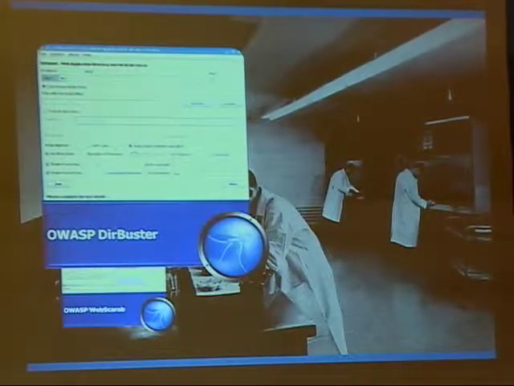The OWASP DirBuster is what it sounds like. It's kind of a Nikto-ish tool that is looking for pretty much unknown directories. That's its main focus. Obviously, if you're crawling a site and there are directories on that tree that aren't linked off the main site, in many cases they're not being found. So DirBuster is not a combination of things like Brutus, but it also has its own brute force type of tool. It also has its own list of common directories that can be fuzzed to find previously unknown directories, etc.